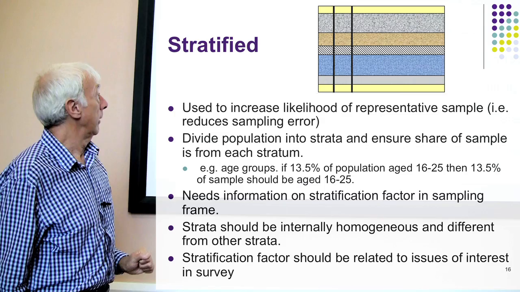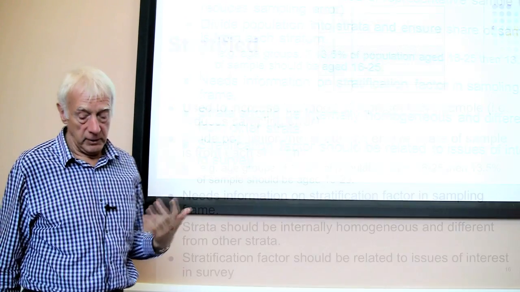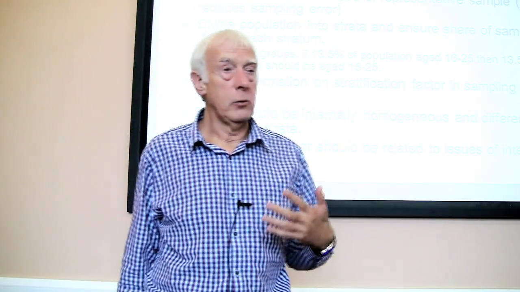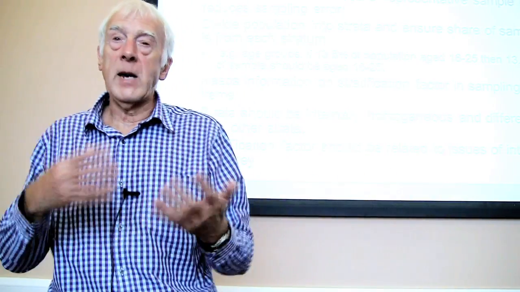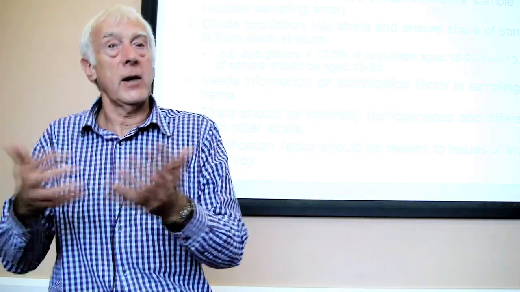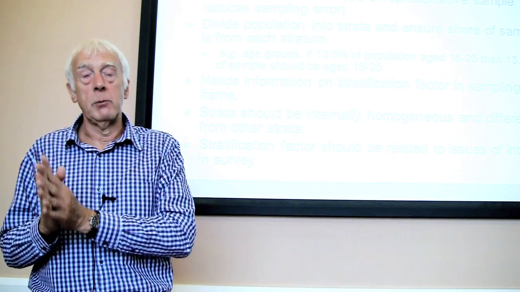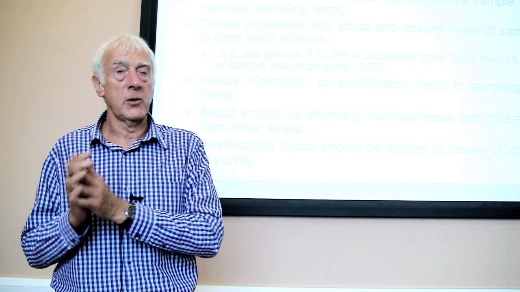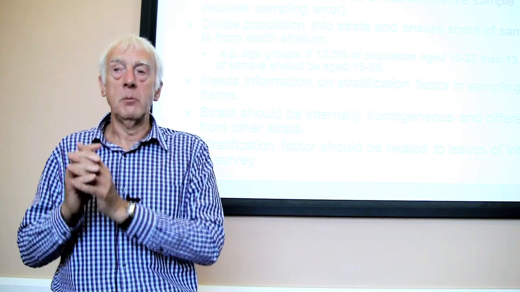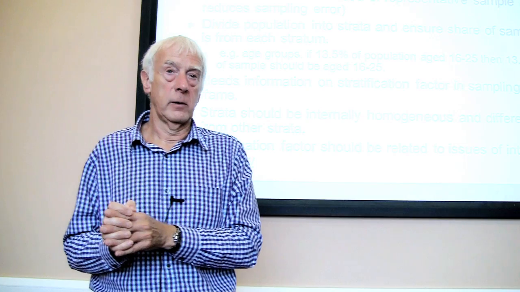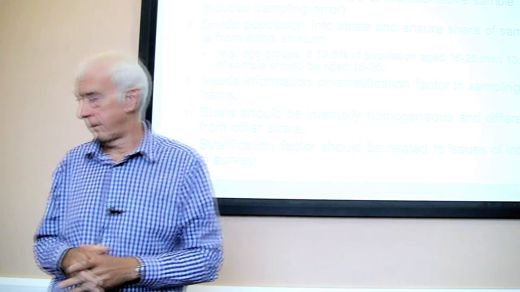That's the point already. Okay, so there is some extra work involved here in making sure you draw individuals based upon those proportions. You kind of fix the way you're doing it to make sure you get those proportions. The net result, though, is to reduce your sampling error. So your sample is more likely to be representative than otherwise. You're reducing the sampling error.